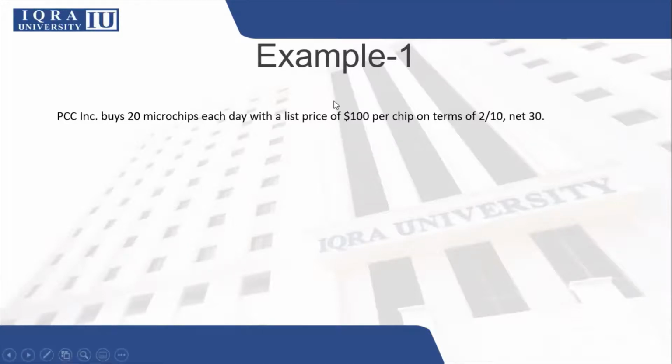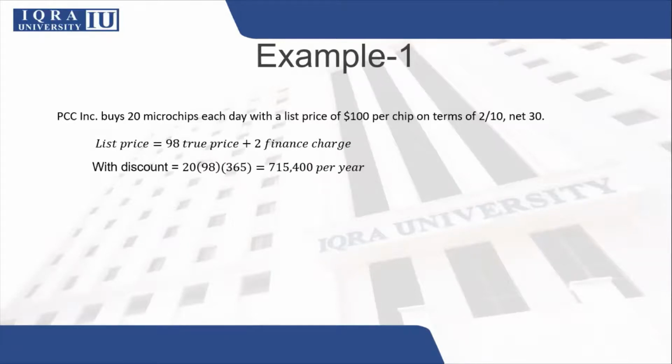So that means that the 100 rupees is not the price that you will have to pay if you pay within the first 10 days. In that case, you will have to pay a price of 98. And if you do not pay within the first 10 days, then you will have to pay this finance charge. So with discounts, if you're paying within the discount period, that would mean that you have 20 microchips and